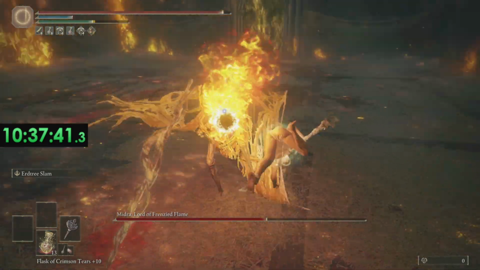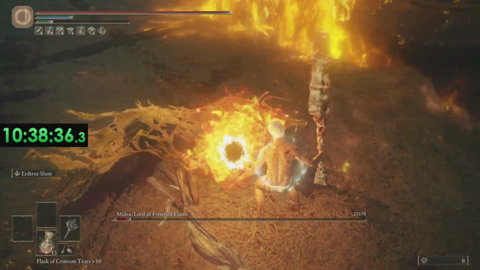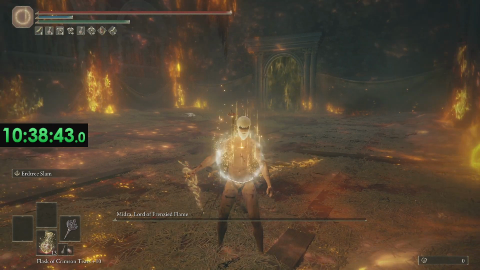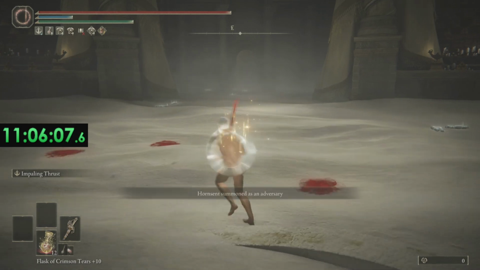For me, this boss is peak From Software boss design, from the boss's attacks to the creepy and horror-esque design of Midra, and the eerie music playing during the boss fight is easily one of my favorites in the whole Souls series. Going to the top of Anir Lim, we find that Needle Knight Leda and her allies block the